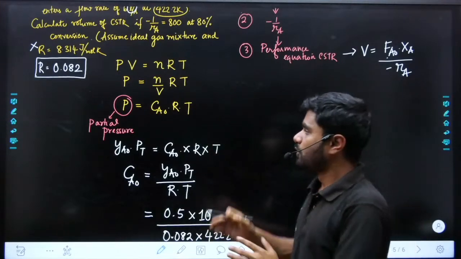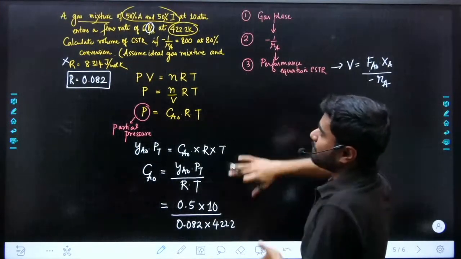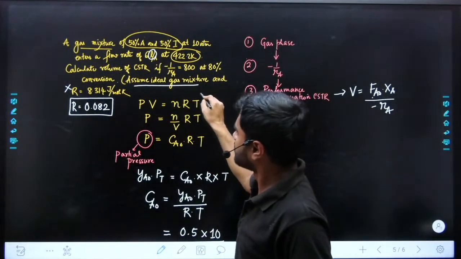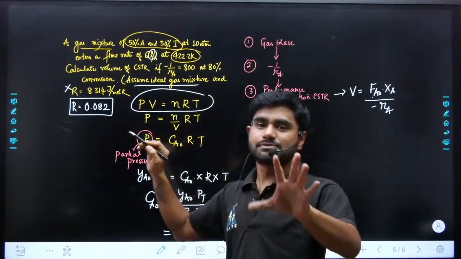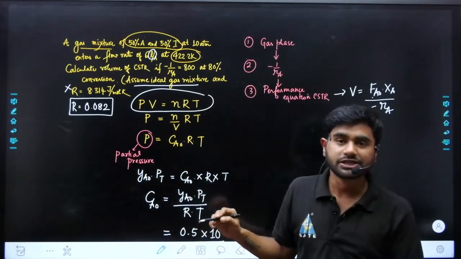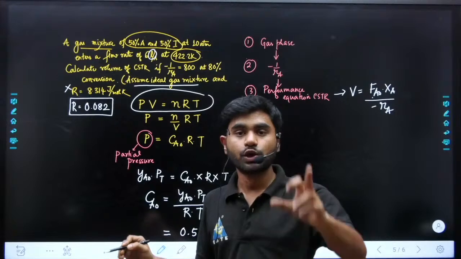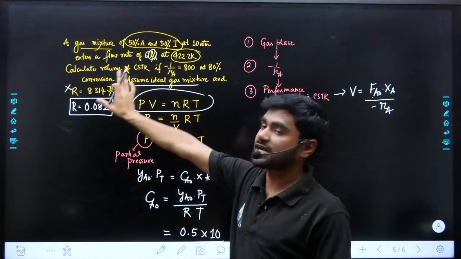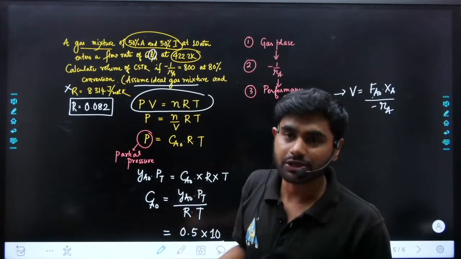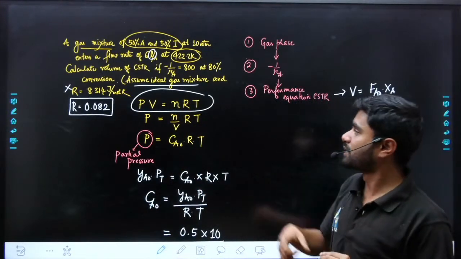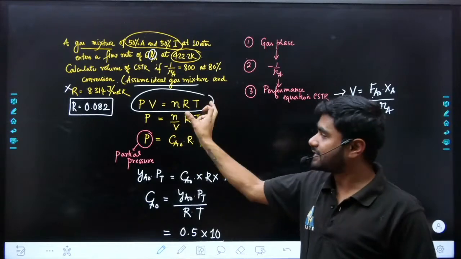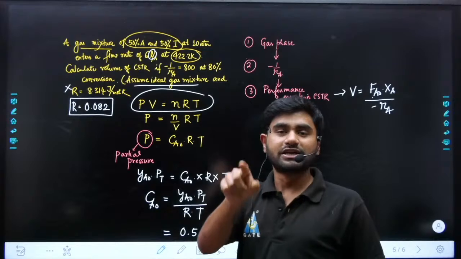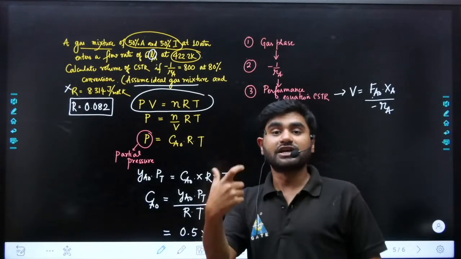Now, how are we approaching this question? By simplifying this part. We have started from here. For any gas mixture, when you come across a homogeneous phase, which is a gas phase reaction, when it is given in this way, just make sure that the ideal gas equation has to be used. So the ideal gas equation will give you Ca naught. That means if there is a pressure in the question, then you definitely need to find the value of